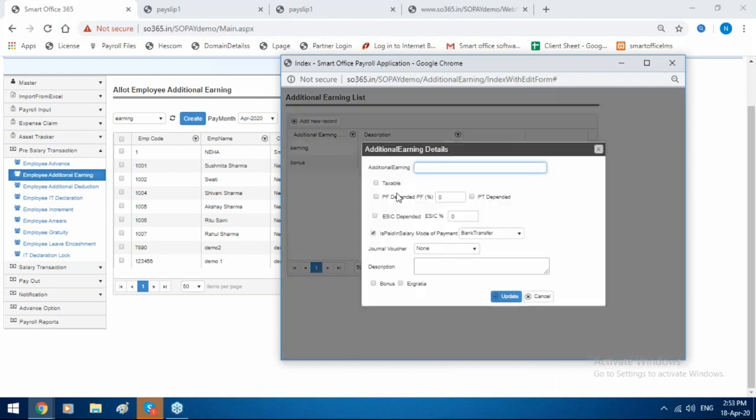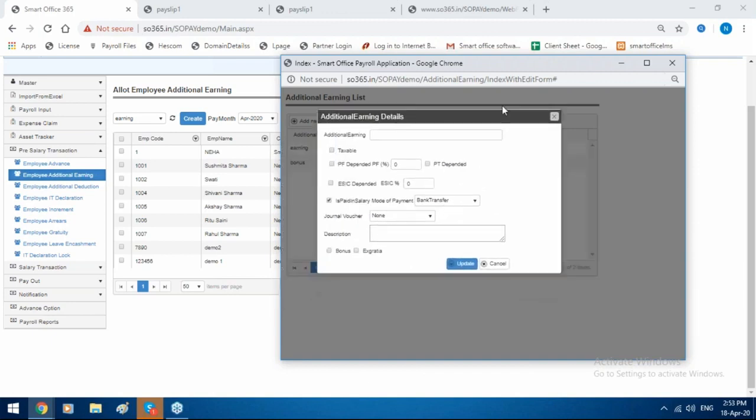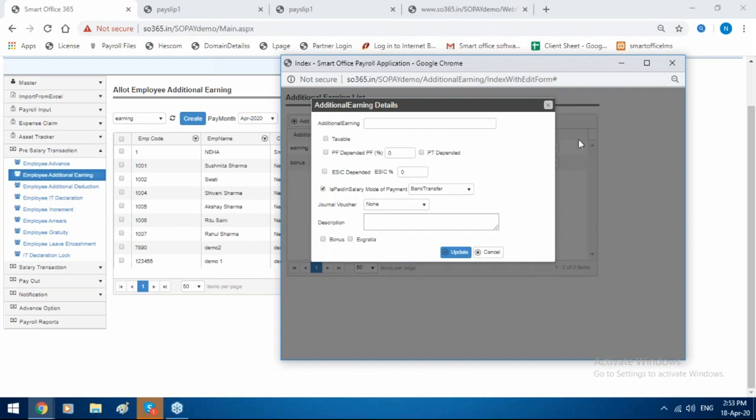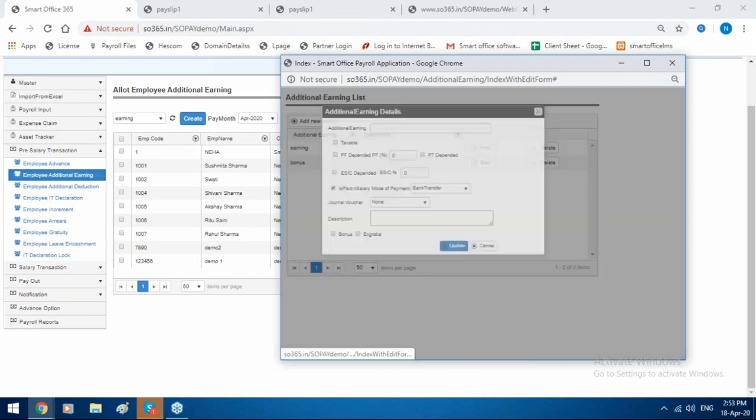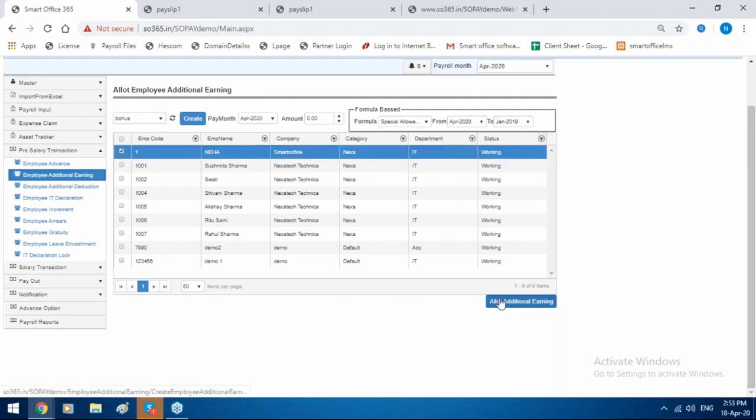If it is taxable, select tax. If PF ESI is applicable, just select it. If that particular head is bonus, you can select bonus, so you will get a bonus report. So it will reflect here. Just select bonus here, select the formula, from which month to which month it should calculate, select that particular employee and allot.